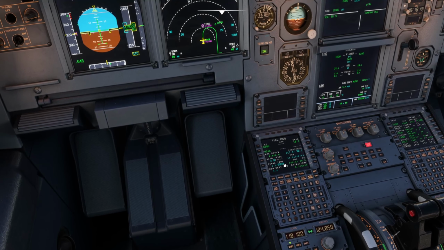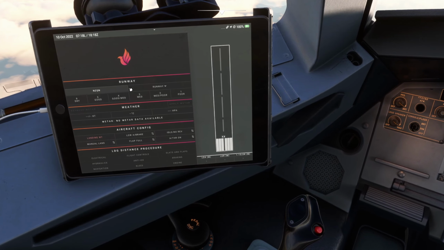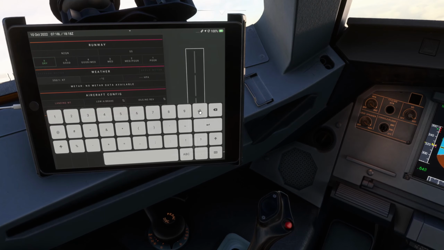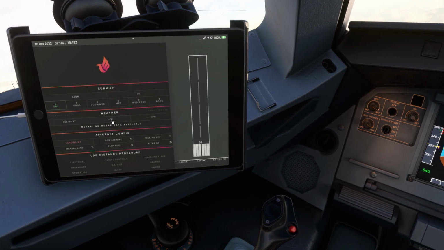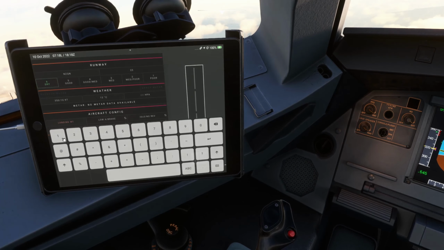The landing performance calc. And before we do anything and before we forget, we'll select medium auto brake. Alright, so we're going to use medium auto brake. It's a dry runway. We'll use 350 at 10 knots, 12 degrees, and the QNH is